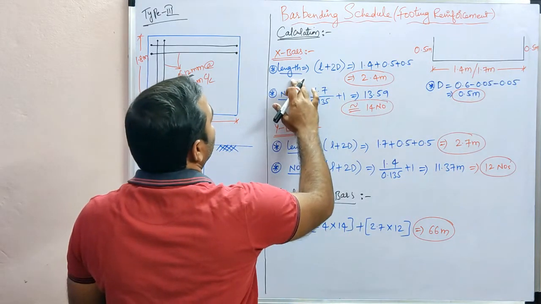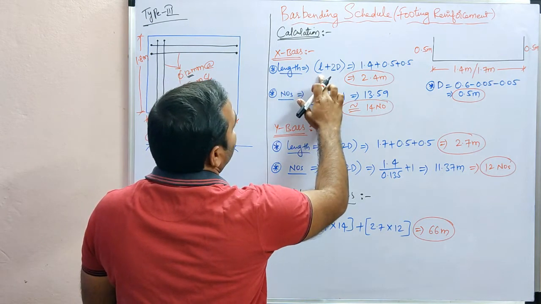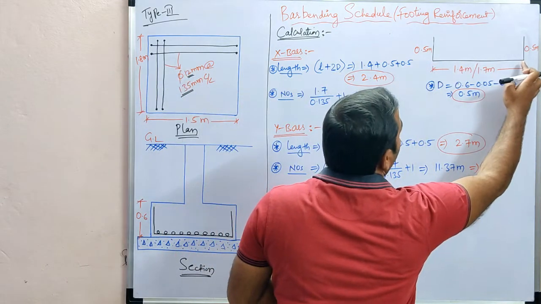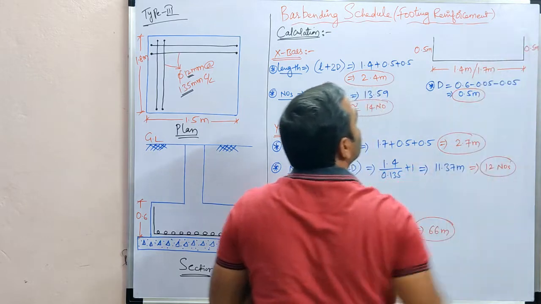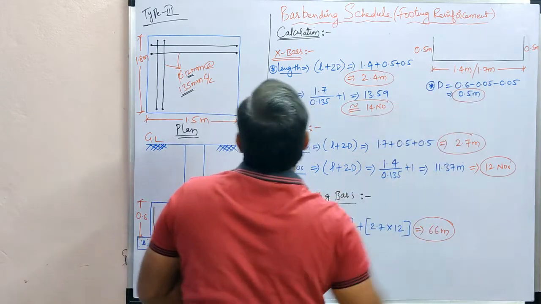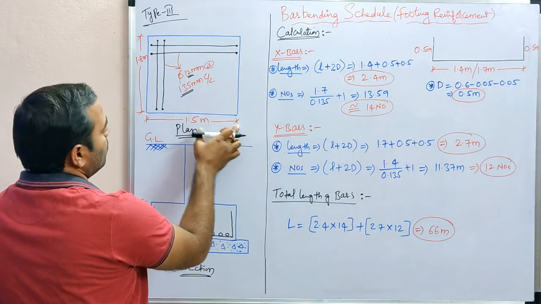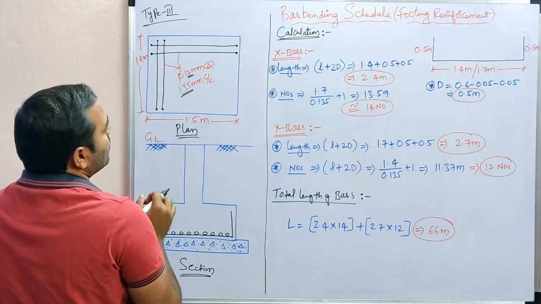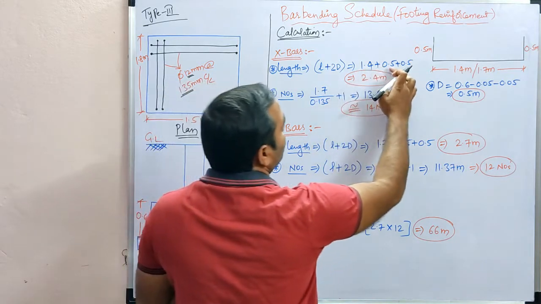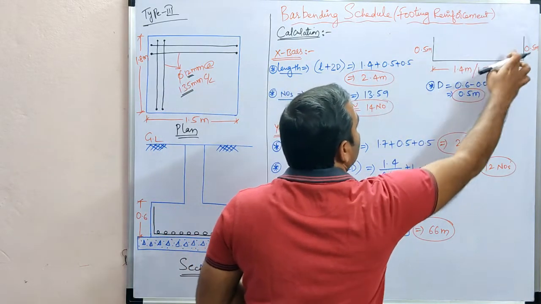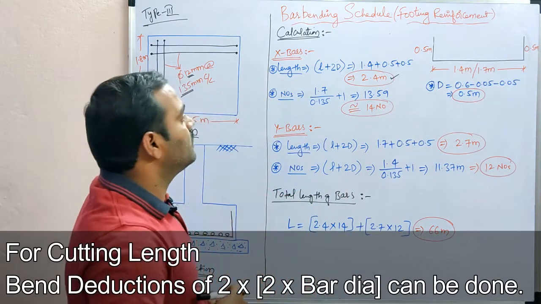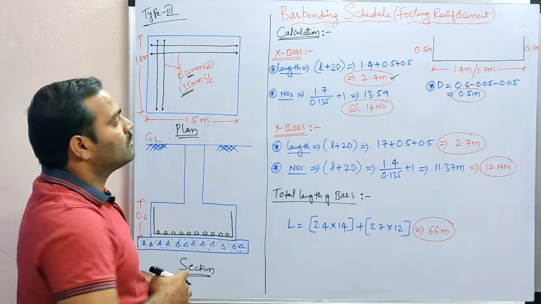Coming to the x bars length, length is equal to L plus 2 times the d value. That means L is this straight length, and the d value is this, this is 1d and this is another d. So L plus 2d. So 1.4 is the total length here. How I got this: 1.5 meter from the size of footing and the covers are 50 mm, so I'll get 1.4. 1.4 plus 0.5 meter is this one and 0.5 meter is this one. So I'll get 2.4 meter as the length of the x bar. That is nothing but this x bar, I got 2.4.